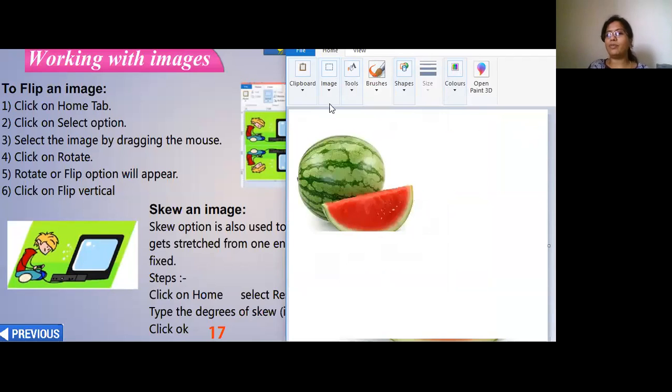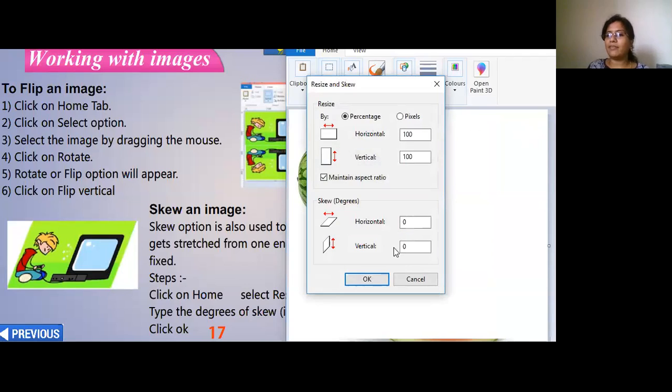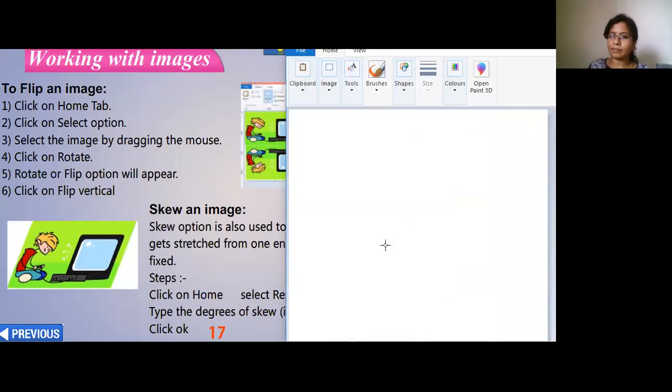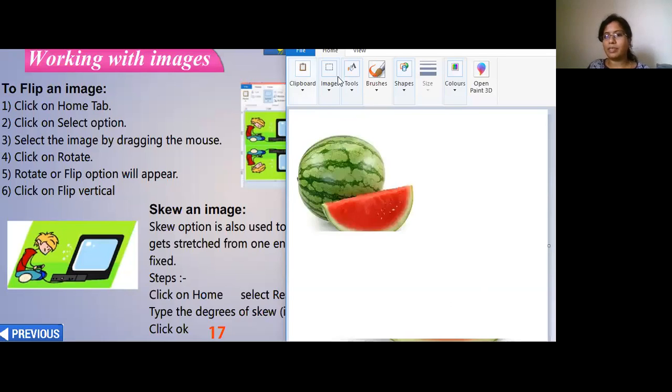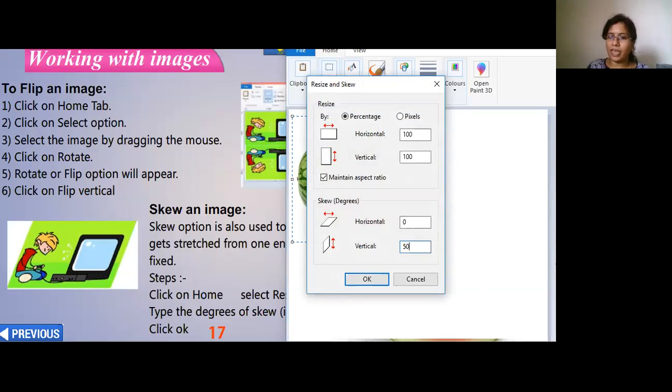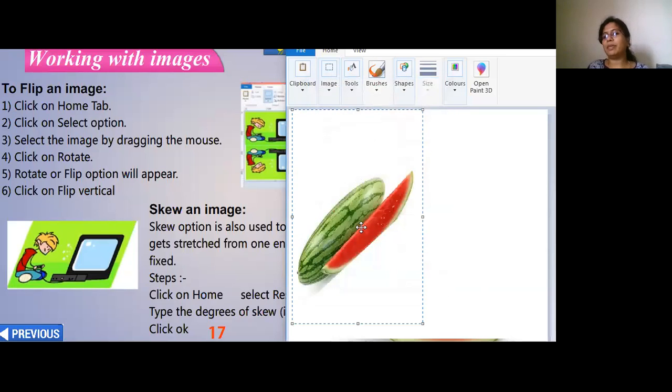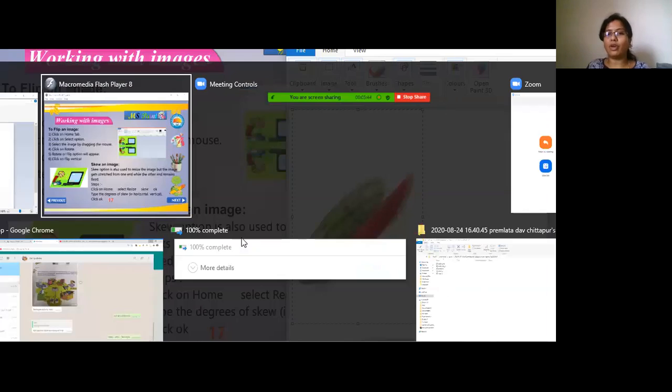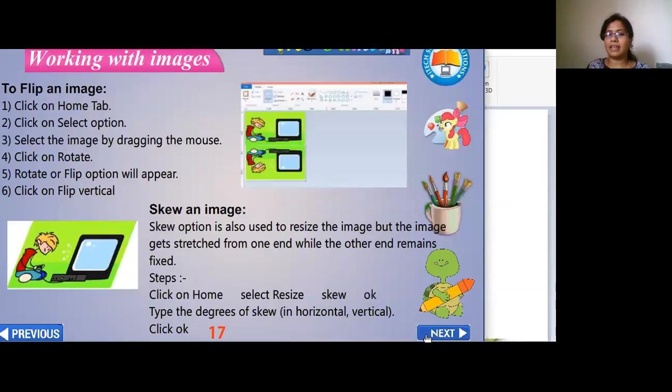Yes, we will do it once more. We will try it another way around, resize it. Now we'll try it the vertical way. Where is my image? Let me select it first. I forgot to select. So first you are supposed to select it, then do resize and then the vertical way. See how my image has got skewed. This gives an interesting effect to your images, right?